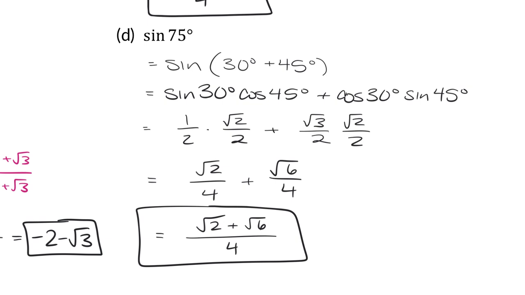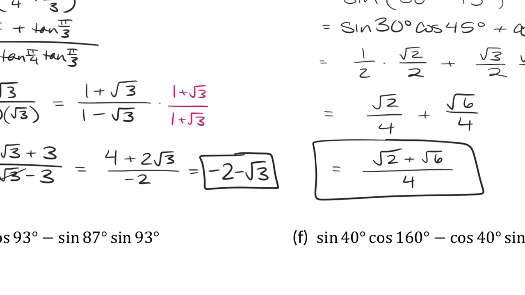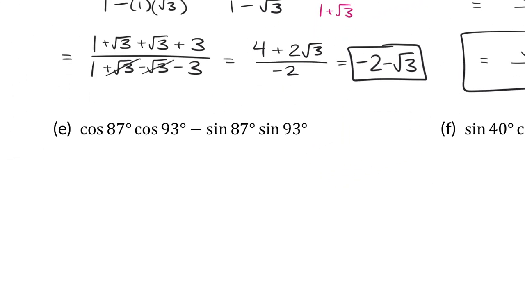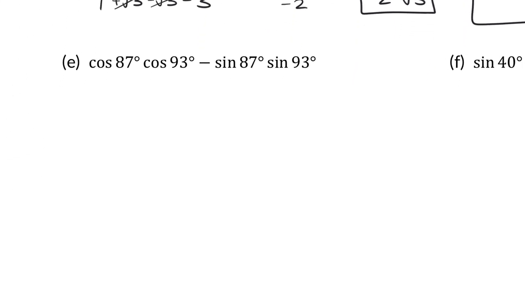Okay, so what if it's already expanded? One of the other things that you'll see in E and F, those examples here, is that I've already written it in the expanded form. What we're going to hope is that when we add or subtract these numbers together, we'll get one of the angles from the unit circle that we can answer easily. So if I was doing this one,